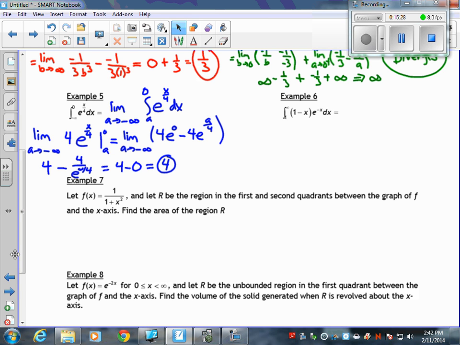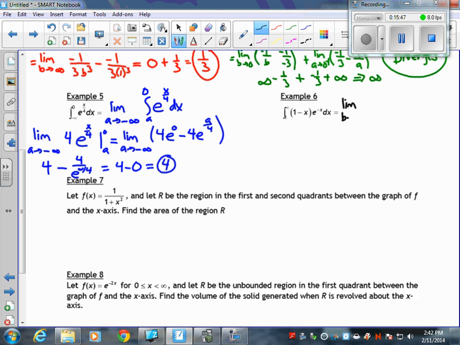This one is actually going to involve integration by parts, so at a glance, no matter what, even if we distribute that e to the negative x, we're going to have an integration by parts. So I'm going to leave it as is since I have that. Anyway, so take my limit,